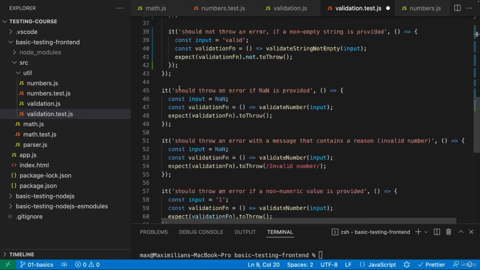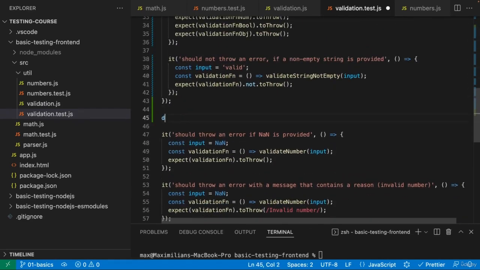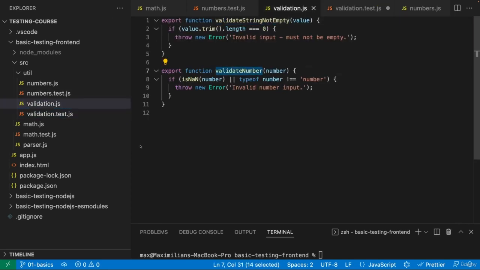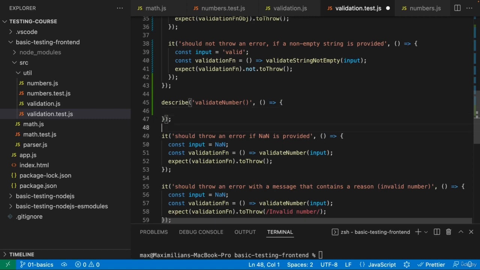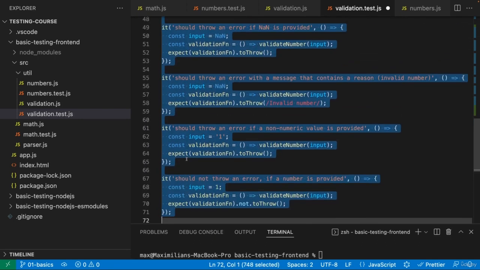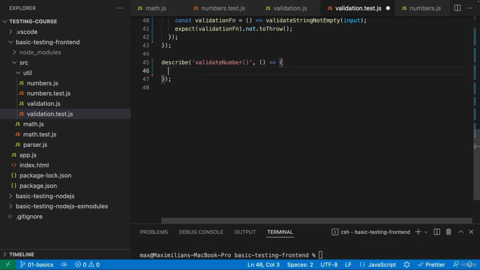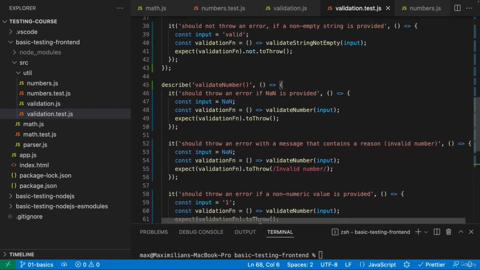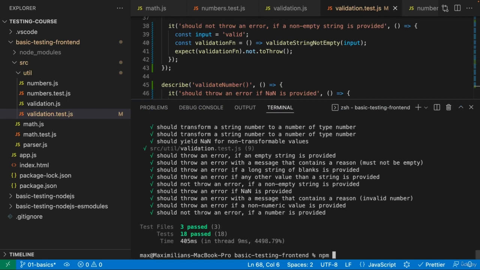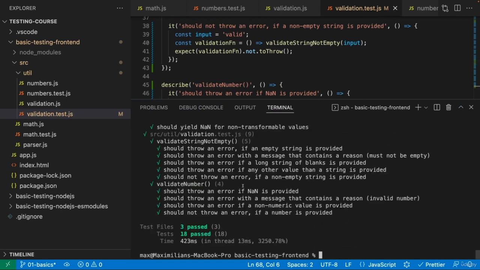Now with that, we of course also want to add another test suite by calling describe again for the other function here, validate number. So that's my identifier here. And I also have my function here, and all the other tests which I have here go into this second describe's anonymous function. With that, again, as mentioned, if we run npm test, everything executes as before, but what we can see now is that